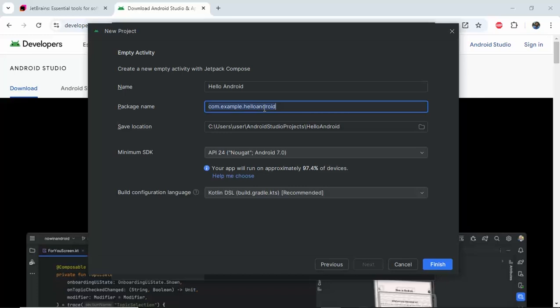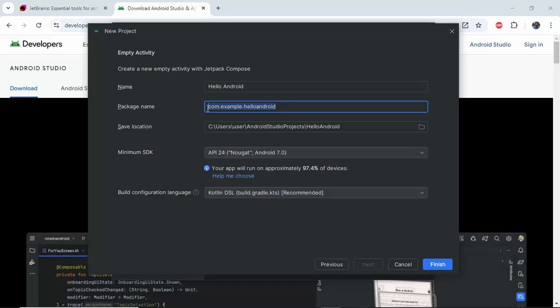And this part, Hello Android, is actually the name of our application, whatever name we have provided. And it converted all the letters to small letters and removed all the spaces. And for the development period, when you start developing or create an Android project, it's completely okay with this example domain, com.example. And of course, we can change the package name at any stage before we publish this app